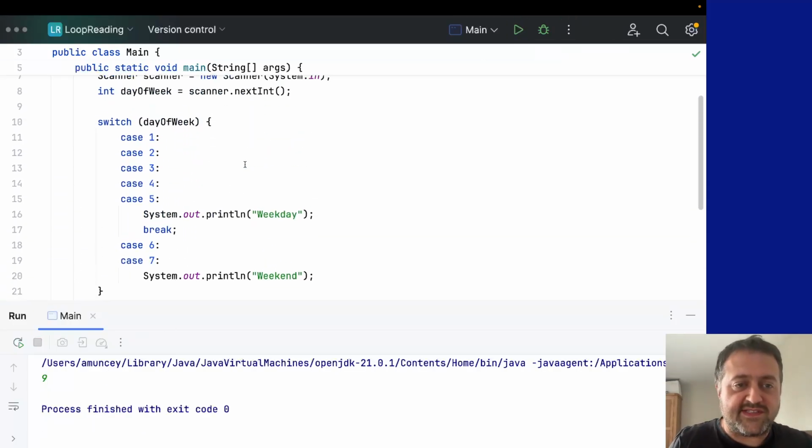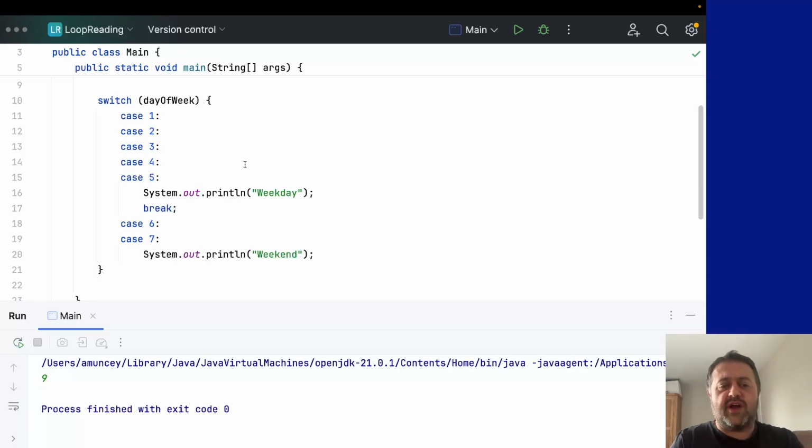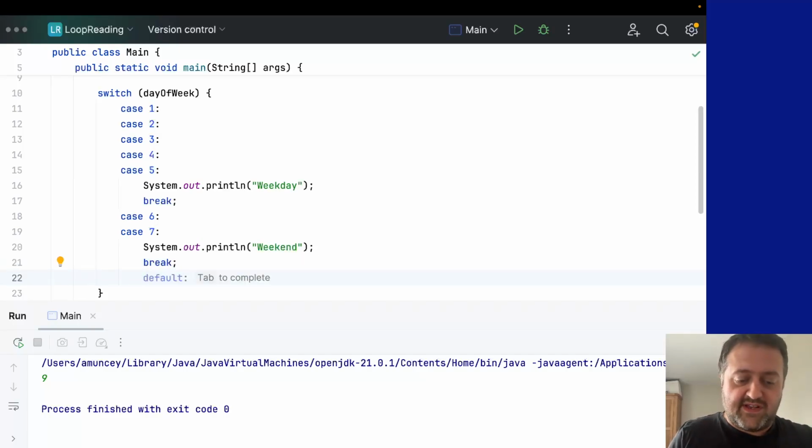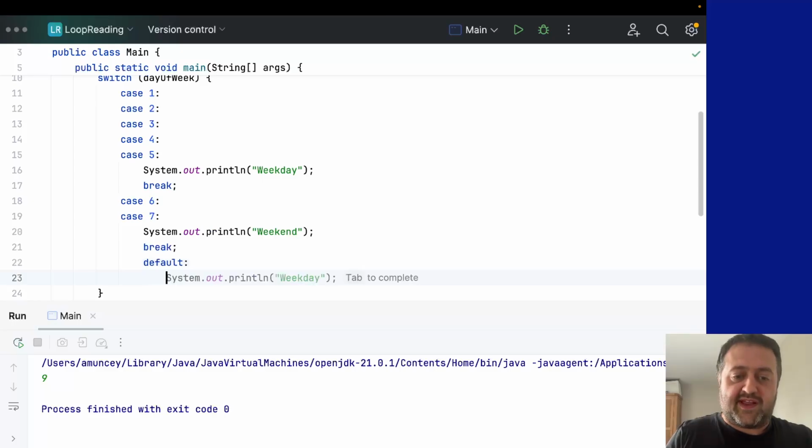And what default does is it allows us to determine some code that will be executed if none of the case statements within the switch statement are met. So we can add a break statement to the case 6 and 7, so it doesn't automatically fall through, because if we were to leave that out, we'd also get what we have for default printing out for 6 and 7. We can then add our default clause, and what we'll do for that is we're going to say